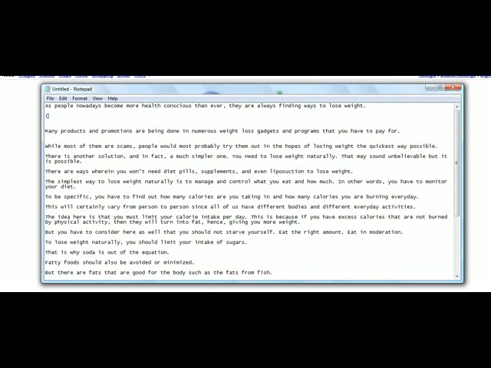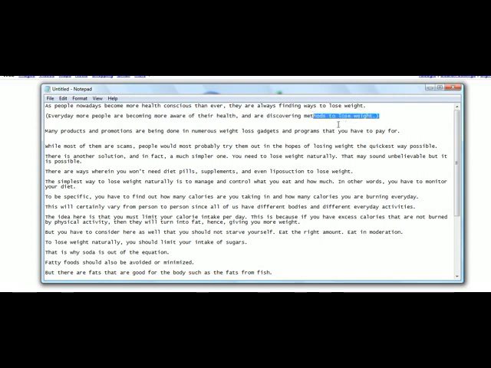So you could say, more and more people every day, more people are becoming more aware of their health and are discovering methods to lose weight, for example. So notice how I just took that sentence and I reworded it. It's similar but different.